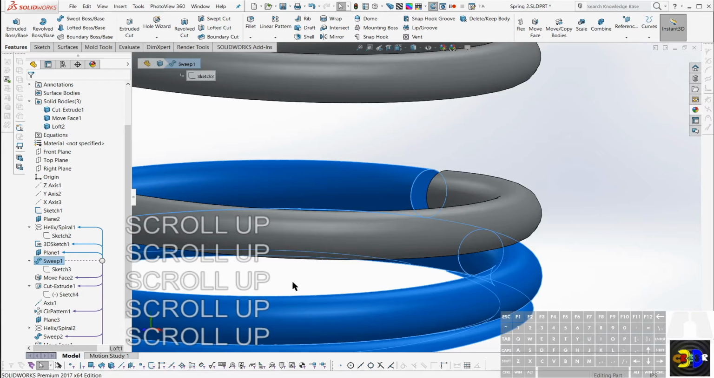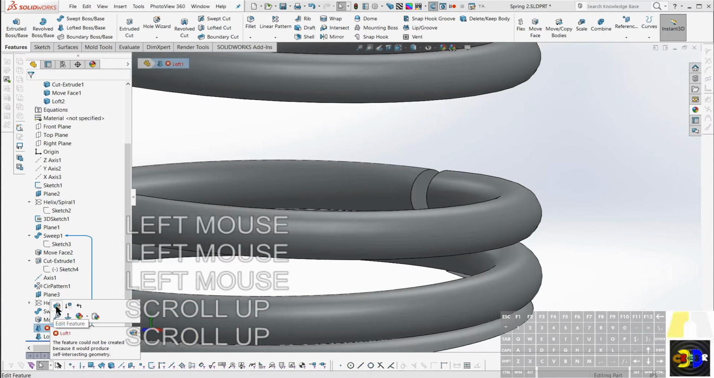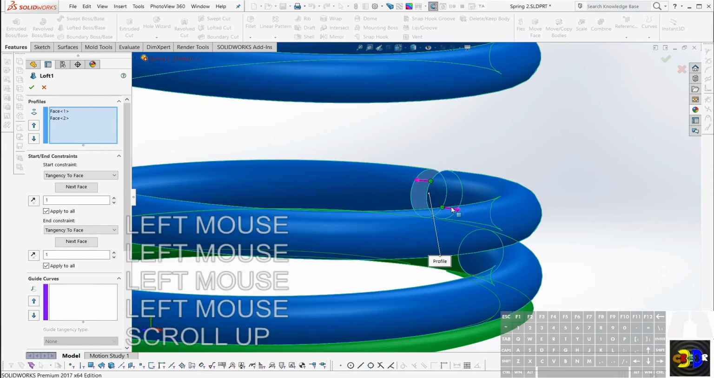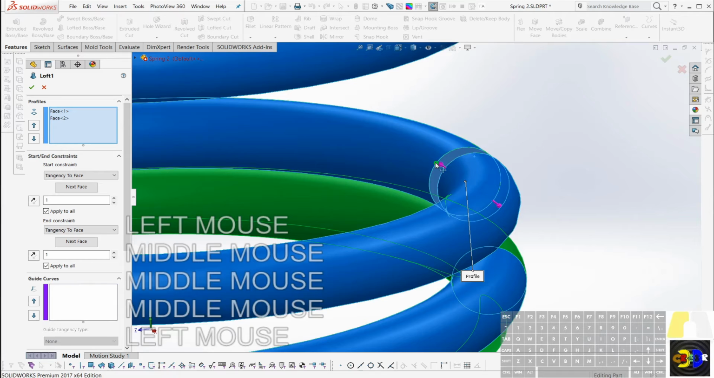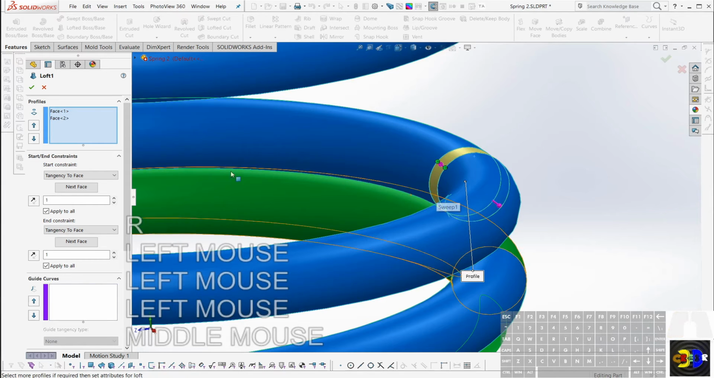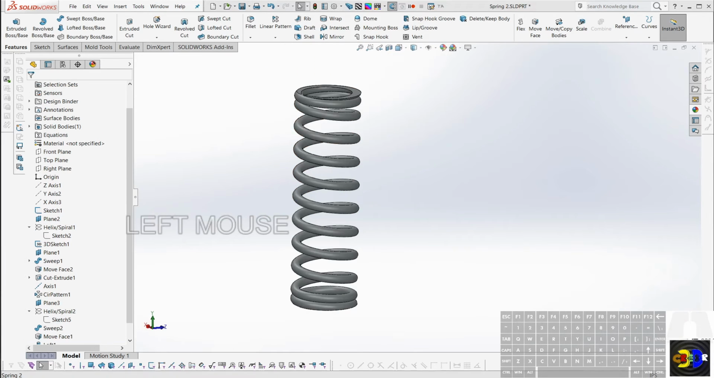Now we do have this issue going on here. Must be because of the move face, or maybe, let's see what happens if we edit it. Oh, these got out of line somehow. So let's line these green points back up, and we should be good to go there. Okay, so now